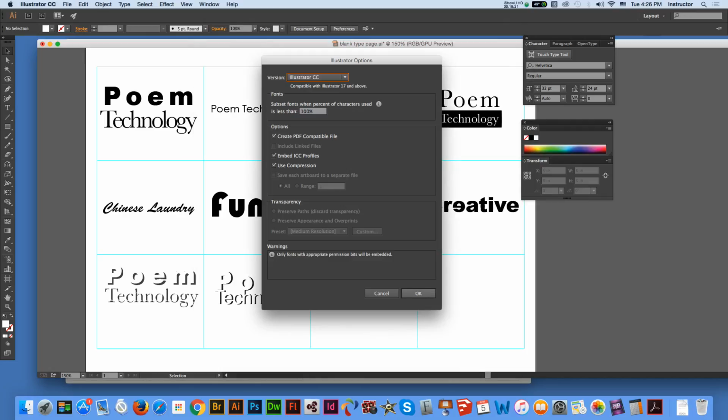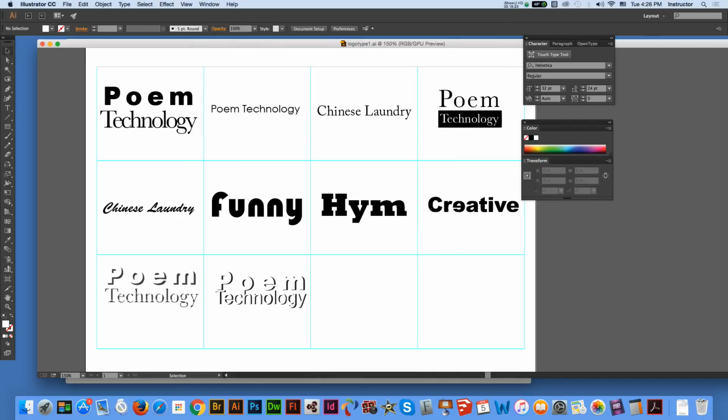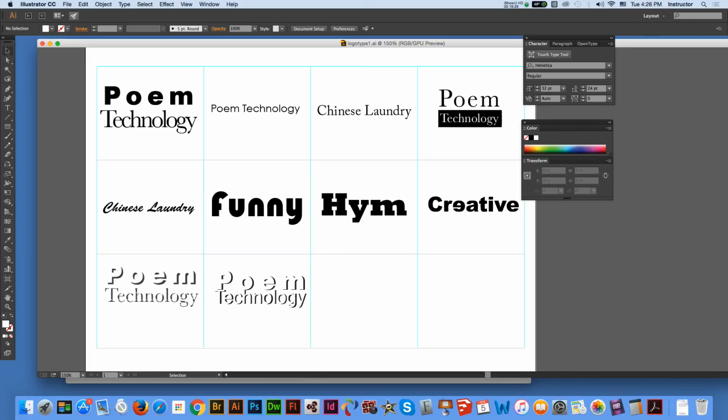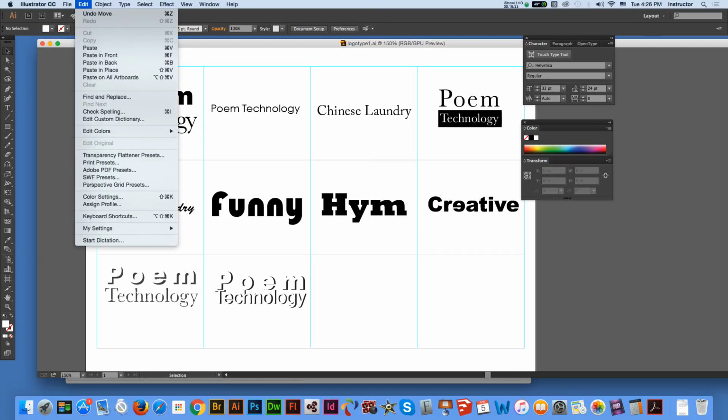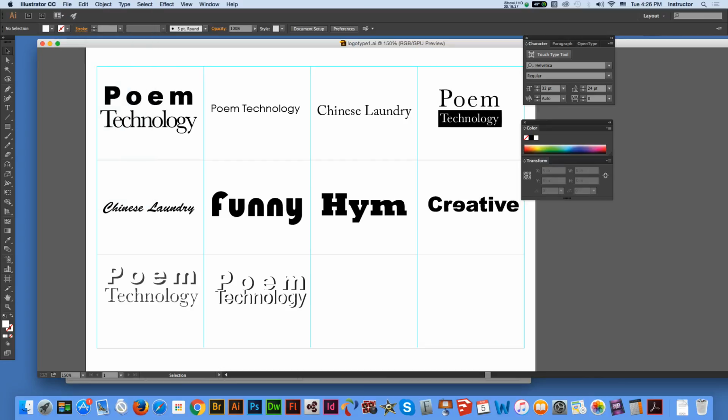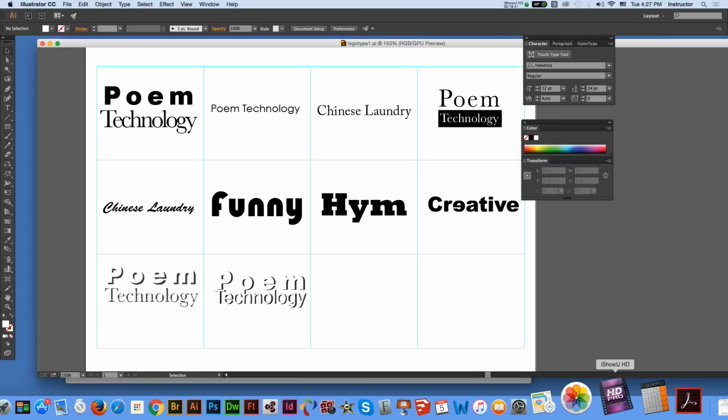For Illustrator, you always save the AI file. So the next one we are going to create is adding things and removing things, which is going to be the second part of logo design. So let's practice the first one